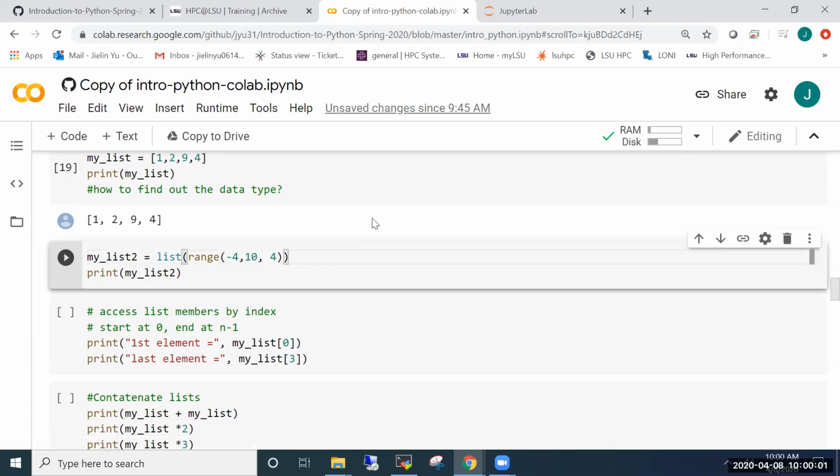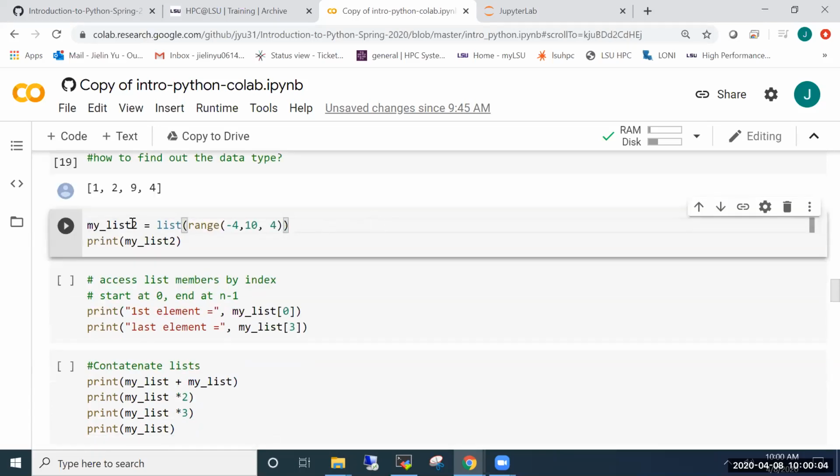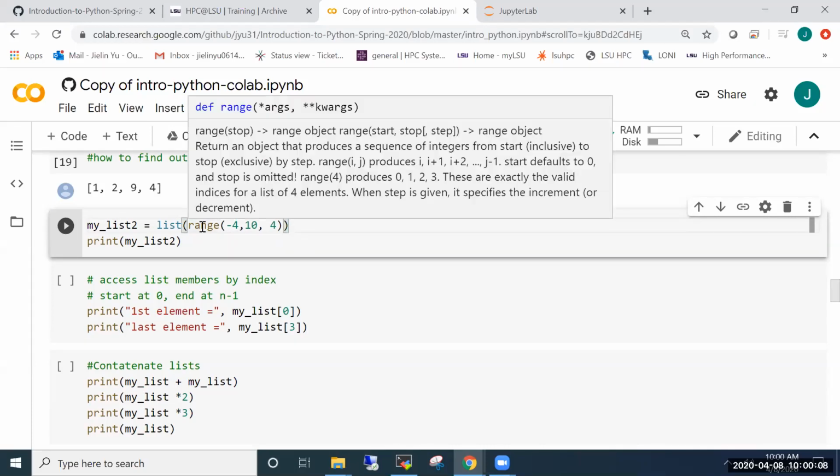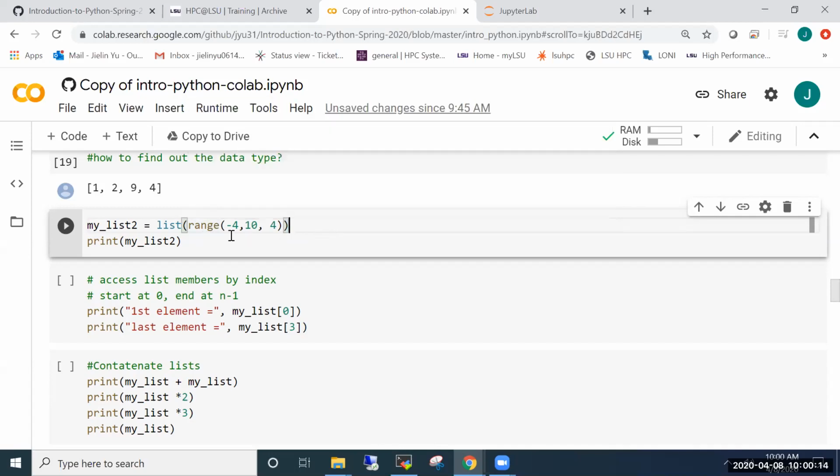And then we can use another function, range, to help us create a list. Range is actually an immutable sequence. Here we have three numbers inside range: -4, 10, and 4, which means the